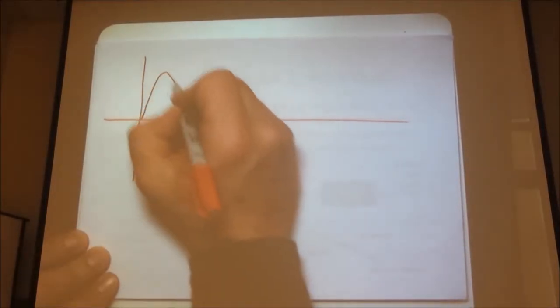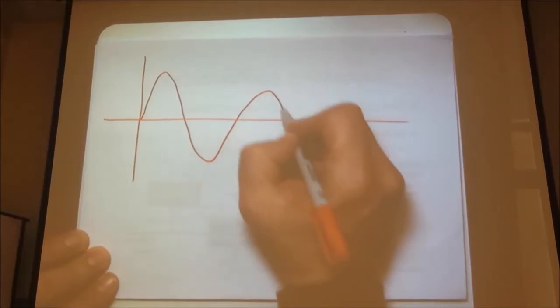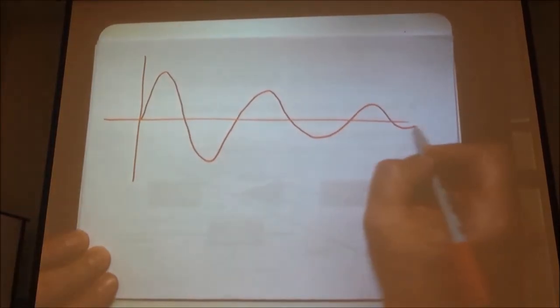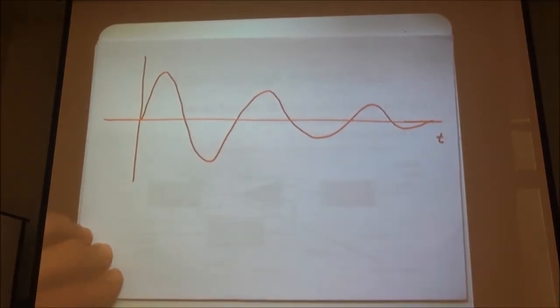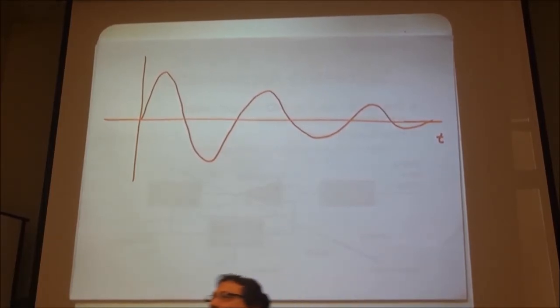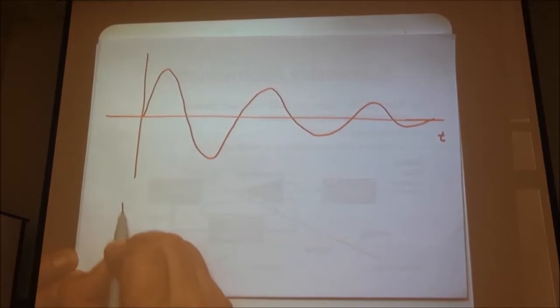Look at this curve in a little bit more detail. I'm going to draw it slightly different. What could this possibly be in the RLC circuit? For a step function source, it turns on at t equals 0. So what could this be? Well, it's definitely underdamped. But what could I be measuring, to be specific? So if I have u of t,